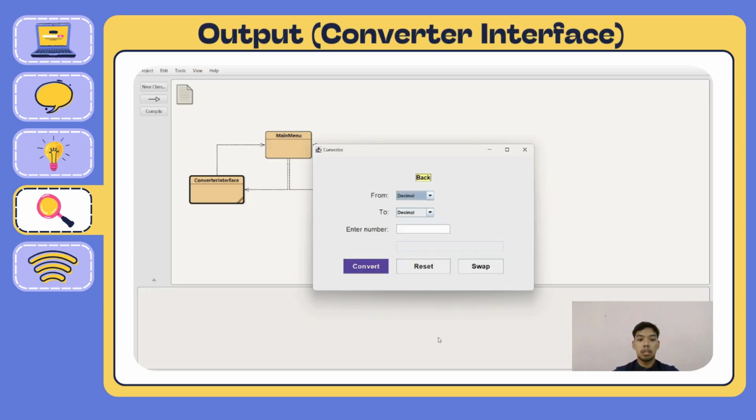Okay, now I will demo the converter interface. Here is the list of the original types of number: decimal, hexadecimal, and binary. And here is the list of types that we want to convert to. So let's say I want to convert decimal to binary, and I choose the number 50 and I click convert,